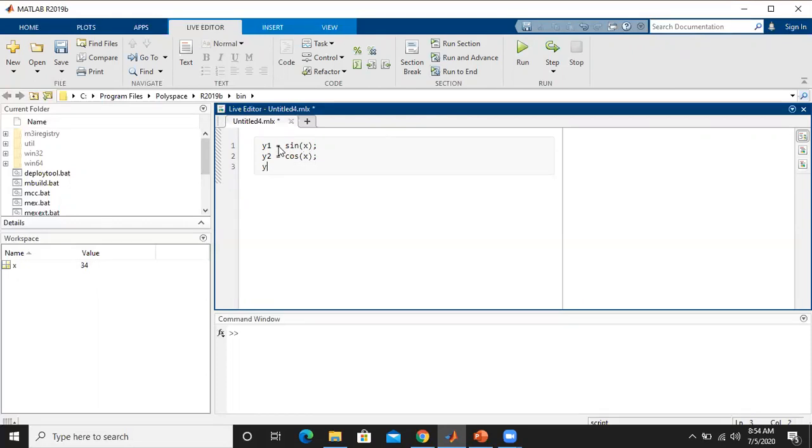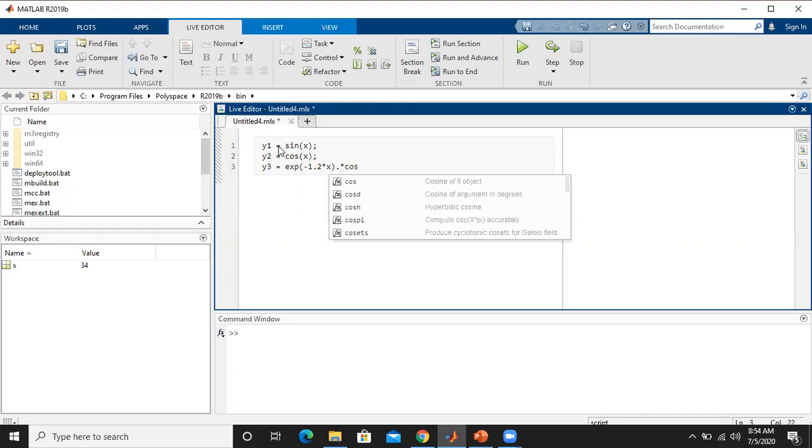I will take function 3, y3. And here I am taking as e power minus 1.2x into cos x. So exponential of minus 1.2 into x, then array multiplication, cos x I am typing. So cos of x.